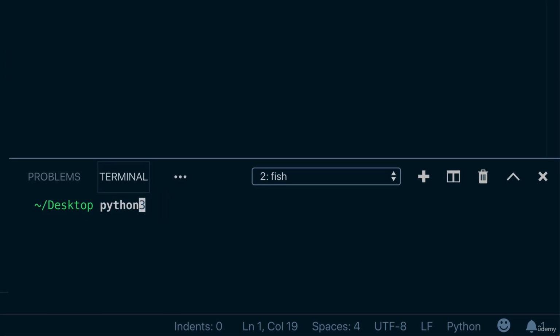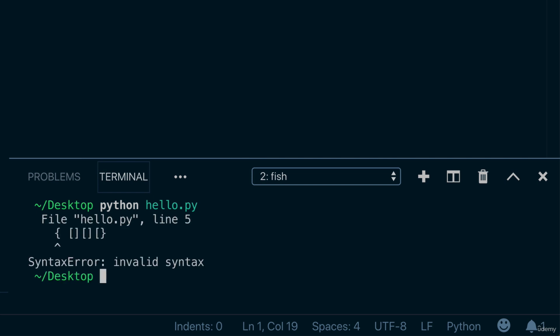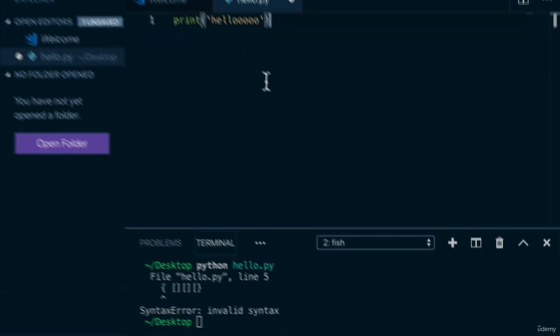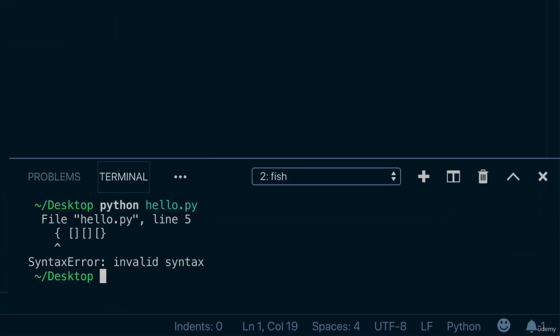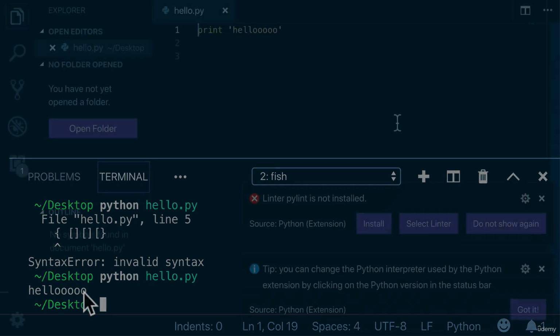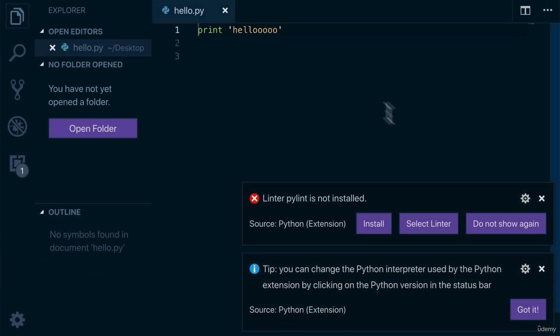I can say python hello.py. If I click Run, oh, I didn't save this, so make sure I save it so it's the new version. And run this again. python hello.py. And look at that. It's all working.